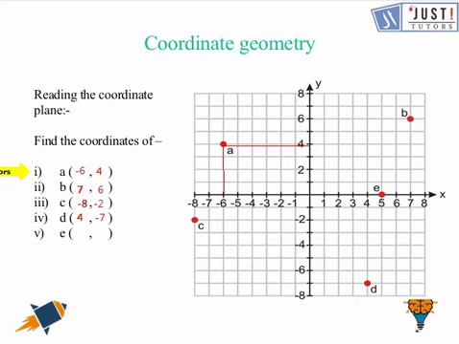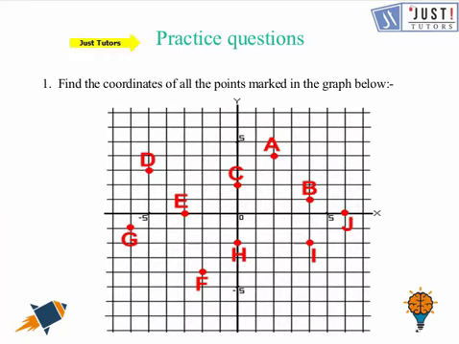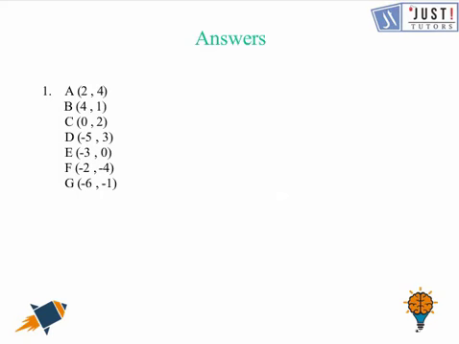It is sitting on the x-axis. That means the y is going to be 0. So on x it is 5 and on y it's a 0. So if you have got the same answer, it's really good that you're doing well with reading your graph. Let's move ahead and try some practice questions. You can pause the video, try all your practice questions, and when you're done, you can check your answer with the answer slide